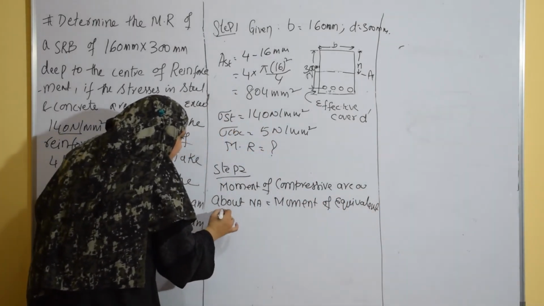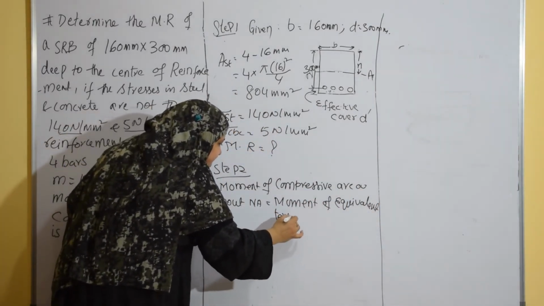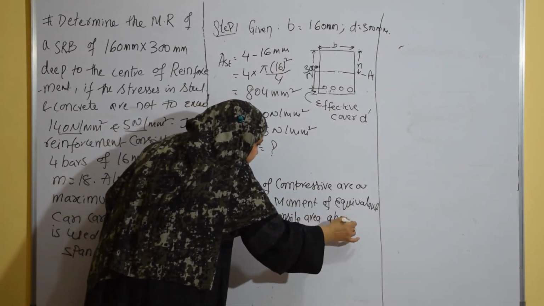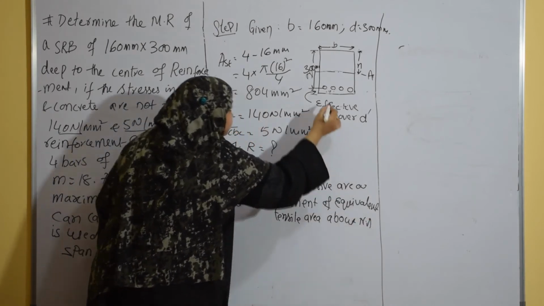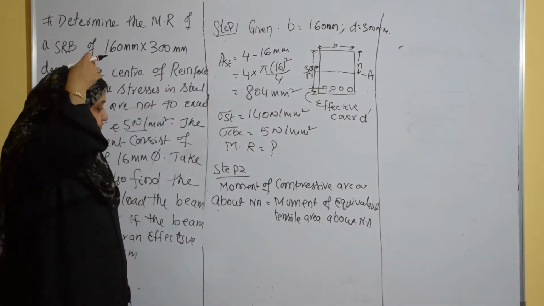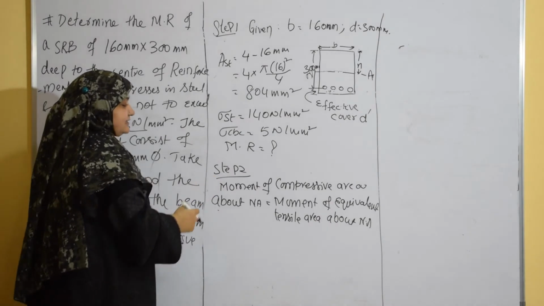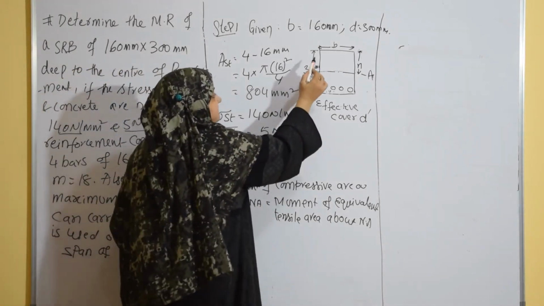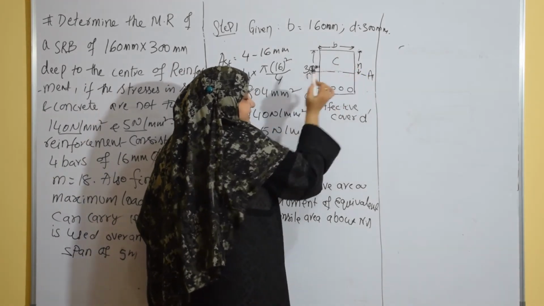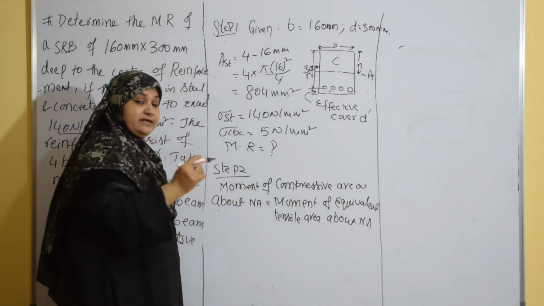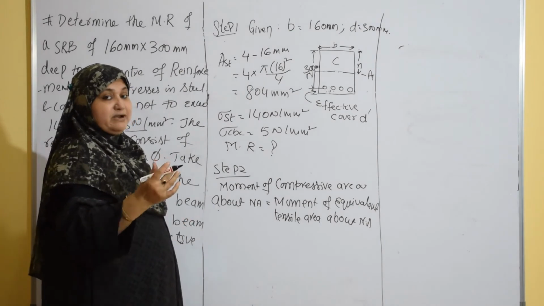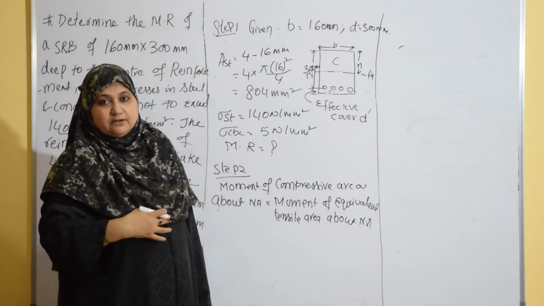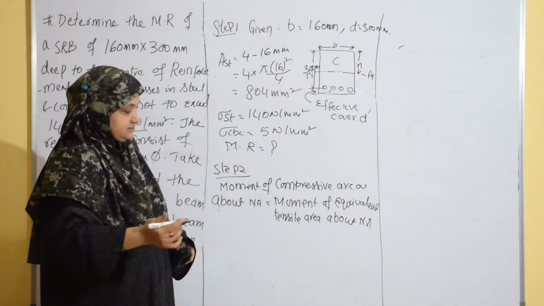This is the equivalent tensile area about the neutral axis. So this figure is very useful to us now to find that. Okay, so the left hand side is the moment of the compressive area. What is the compressive area? This is the compressive area, B into N. So the moment of area is the area multiplied by the centroidal distance. Right? This is from your fundamentals of mechanics.